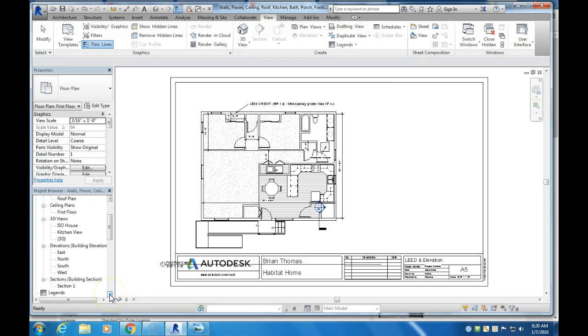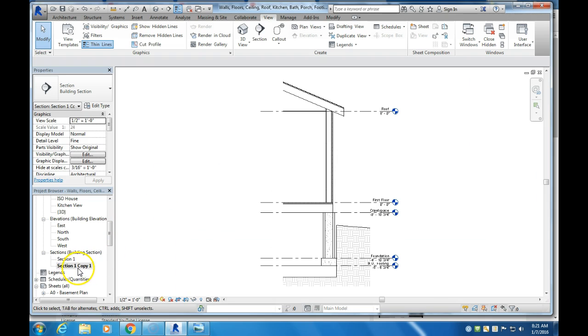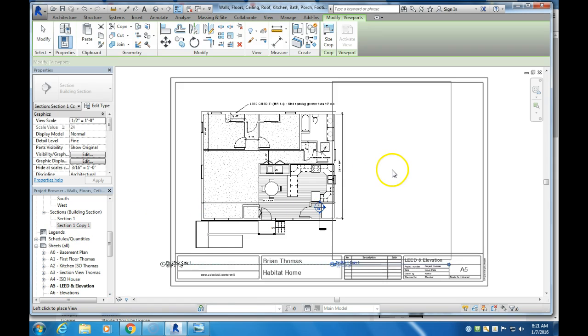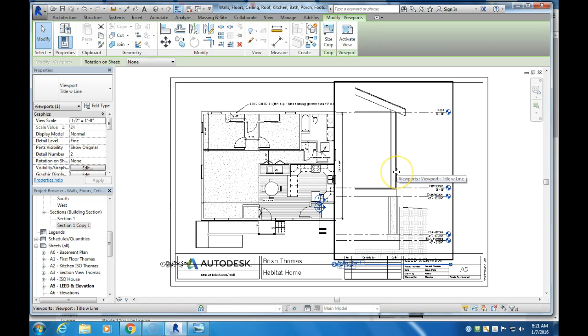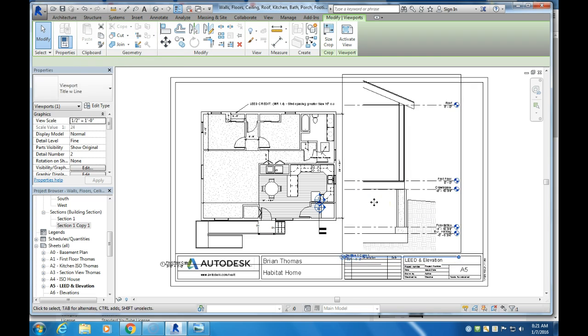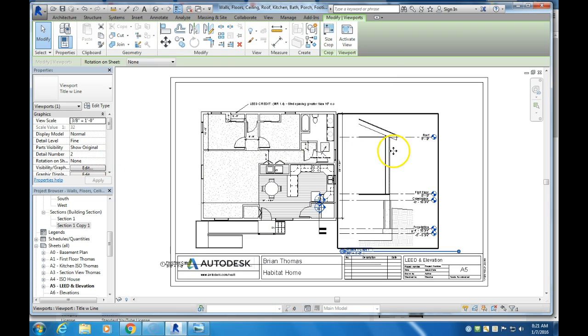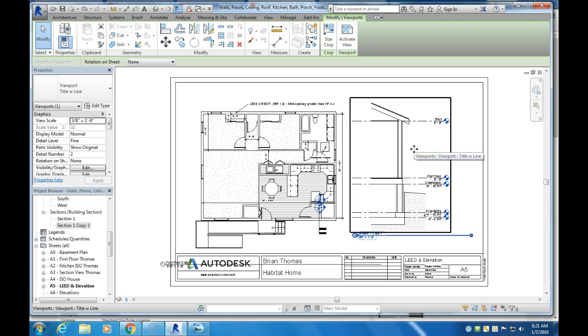And then I'm going to put in the section view. And I think I already have my section view somewhere else, so I'm going to have to duplicate this also. Duplicate with detailing. Section 1, copy 1, that's fine name. And let's drag that in as well. And let me kind of slide it over and move it up so that I can see that information there. This one looks like I might want to shrink it down a little bit, so you may want to sort of play with that. Yeah, that shows me a little bit better what's going on,